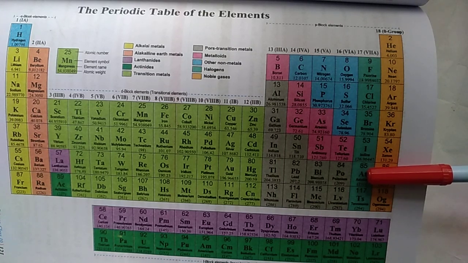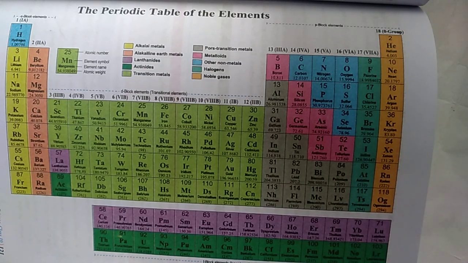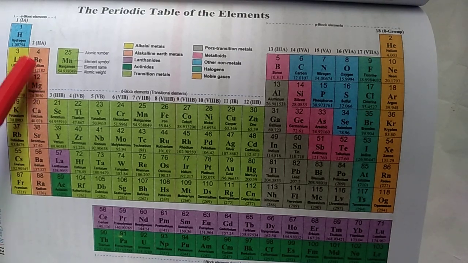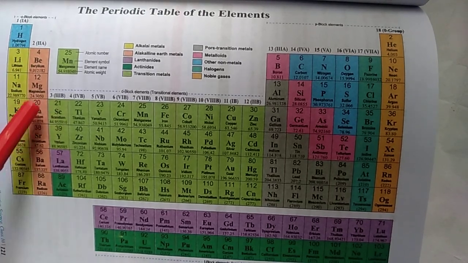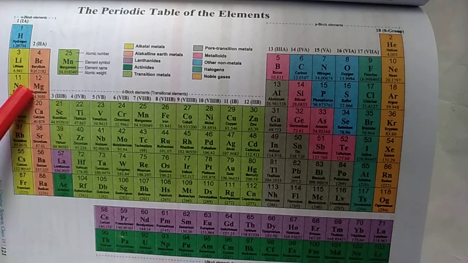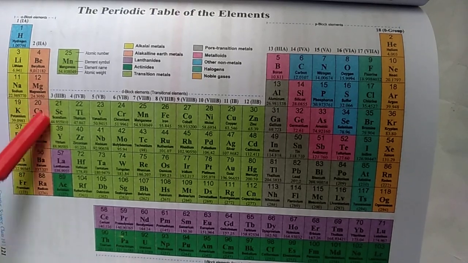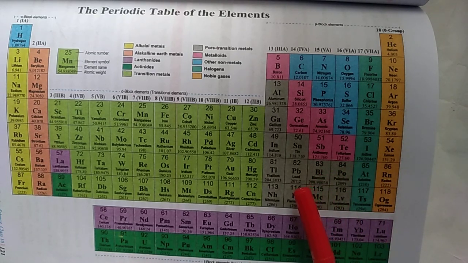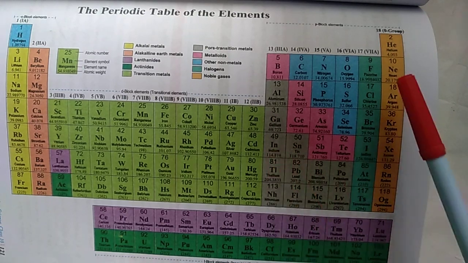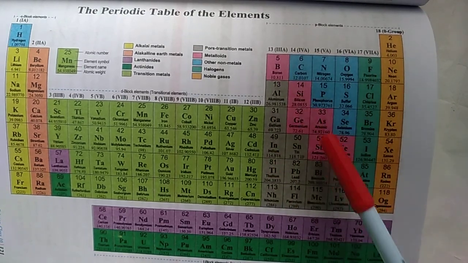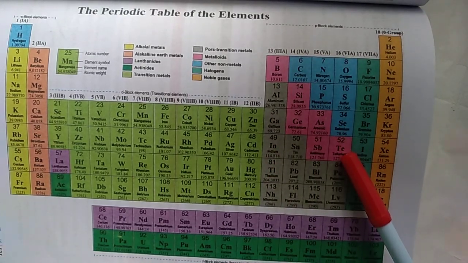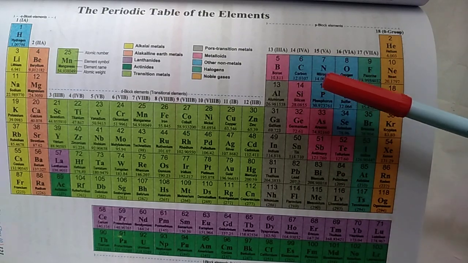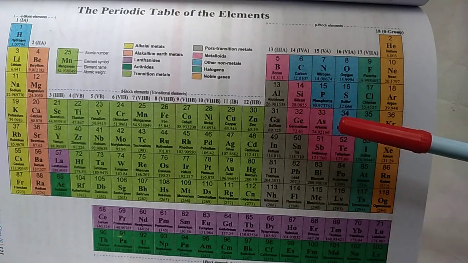elements. Now you see in the periodic table metals, non-metals and metalloids. Group 1a and 2a elements are all metals. Group S block elements are all metals. S block elements are metals. P block elements are metals, non-metals, metalloids, all 3 types. Okay, in P block elements, these are metals, these are non-metals, and these are metalloids. In the middle, metalloids. Metalloids are boron, silicon, germanium, arsenic.